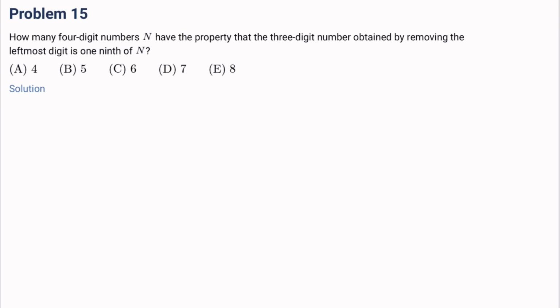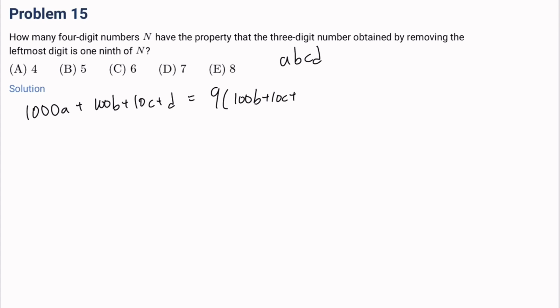Number 15. How many 4-digit numbers n have the property that the 3-digit number obtained by removing the leftmost digit is 1/9 of n? Okay, so let's say that the 4-digit number is abcd, this being 1000a plus 100b plus 10c plus d. And so that means 1000a plus 100b plus 10c plus d equals 9 times (100b plus 10c plus d), right? So if this goes over there, then that would mean that 1000a would be equal to 8 times (100b plus 10c plus d). Let's just write that as bcd,